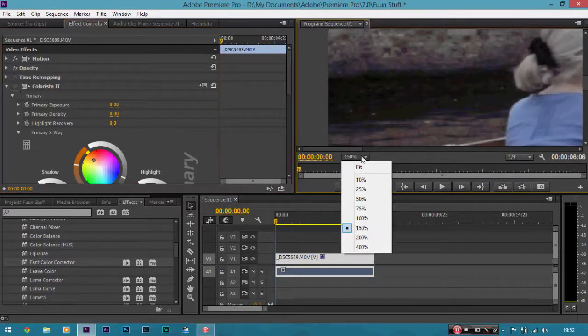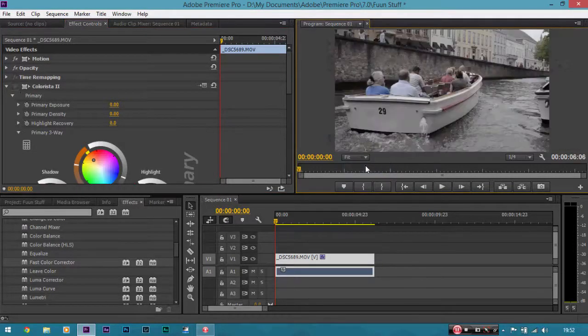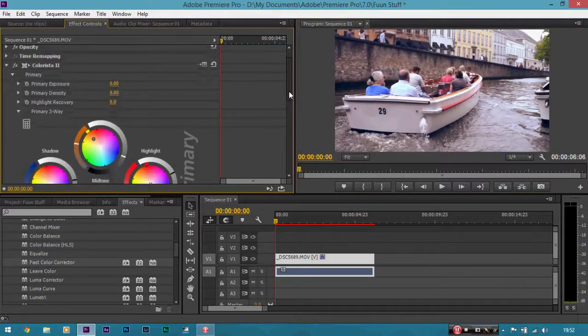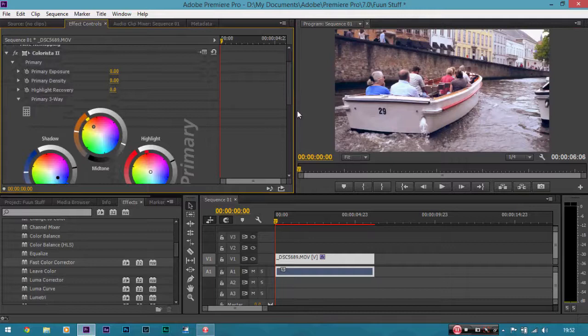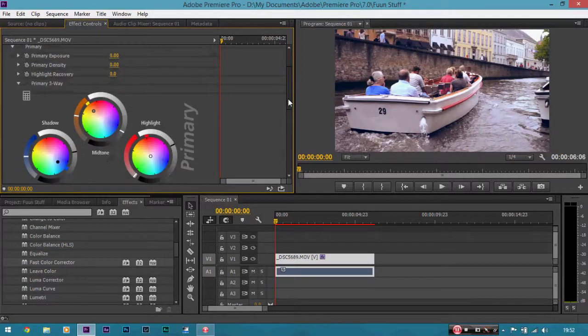So if you want to get back to the same zoom, go back to Fit, and I'll toggle our settings back on again. But we have lost a bit of contrast, so remember what we did to add contrast? Simply go to the mid-range and take it down again. And we've still got the full dynamic range